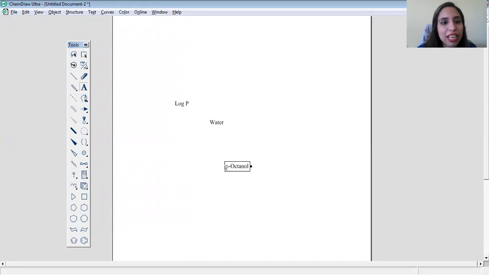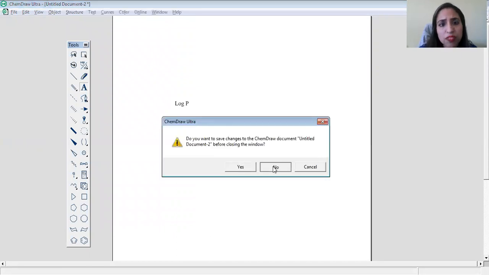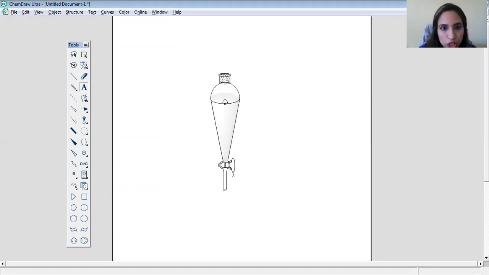But today, firstly, I will tell you how you can calculate the same in the lab. This is shown to everyone. What is it? It is a separating funnel, and with the help of the shake flask method we can calculate log P in the lab.